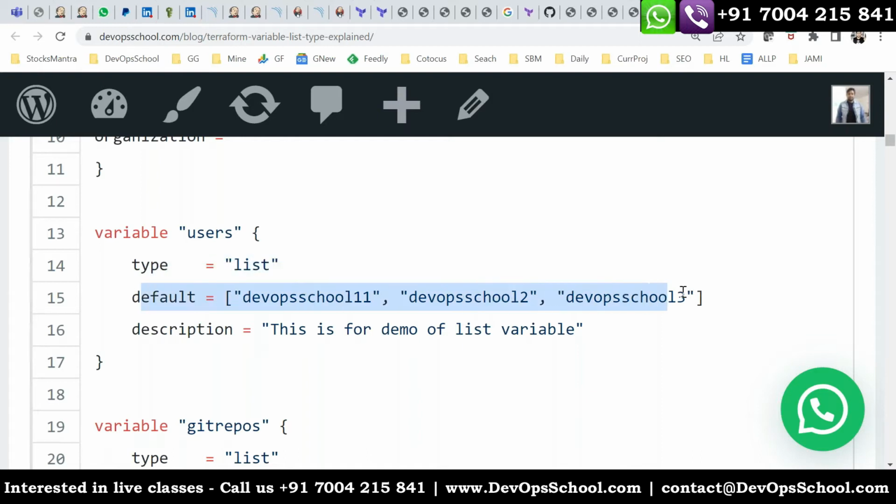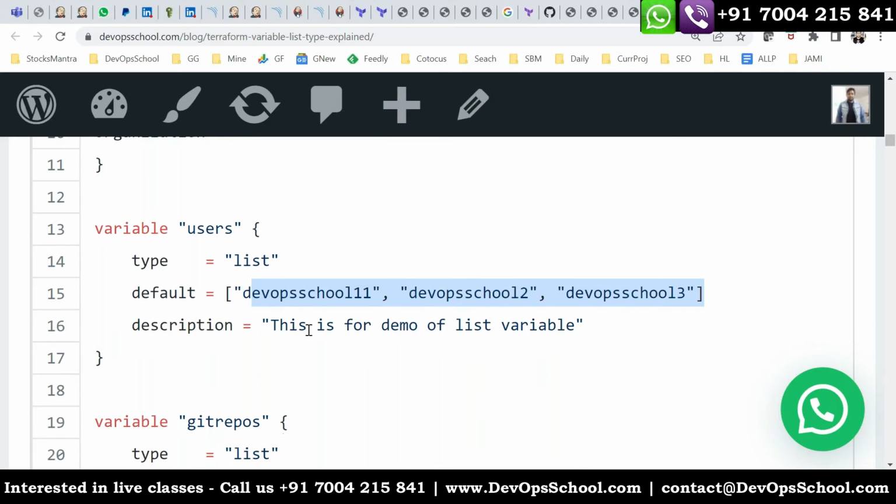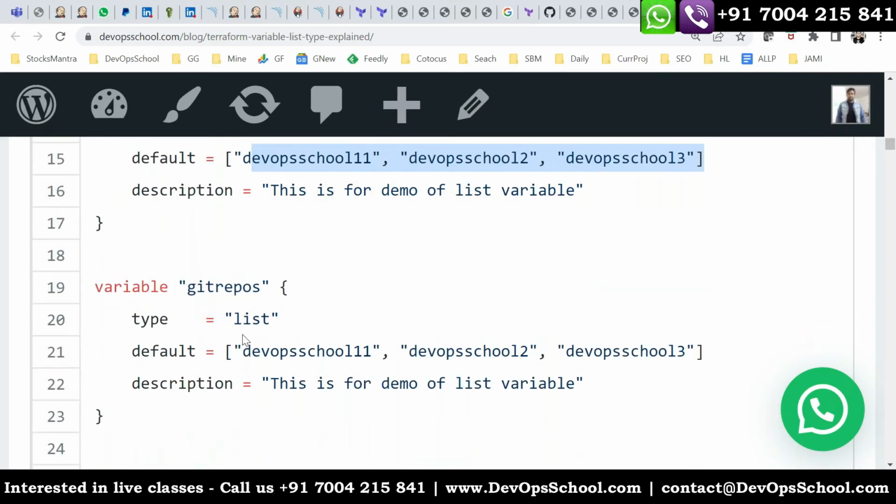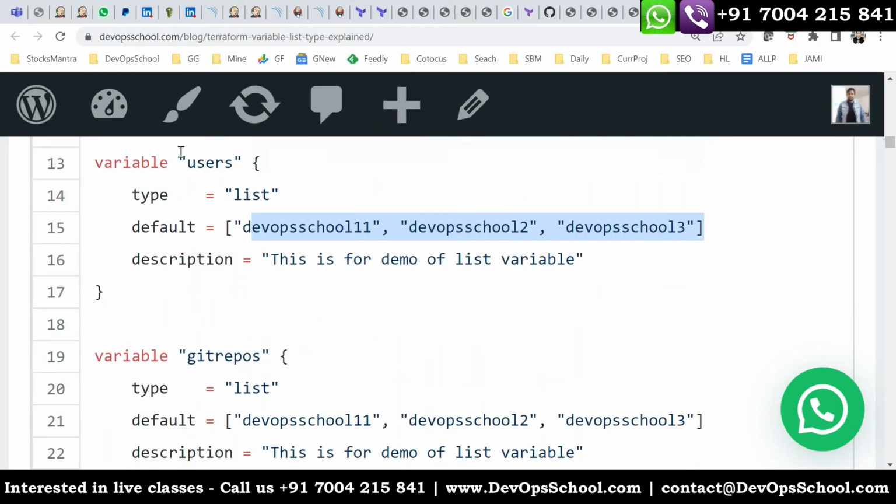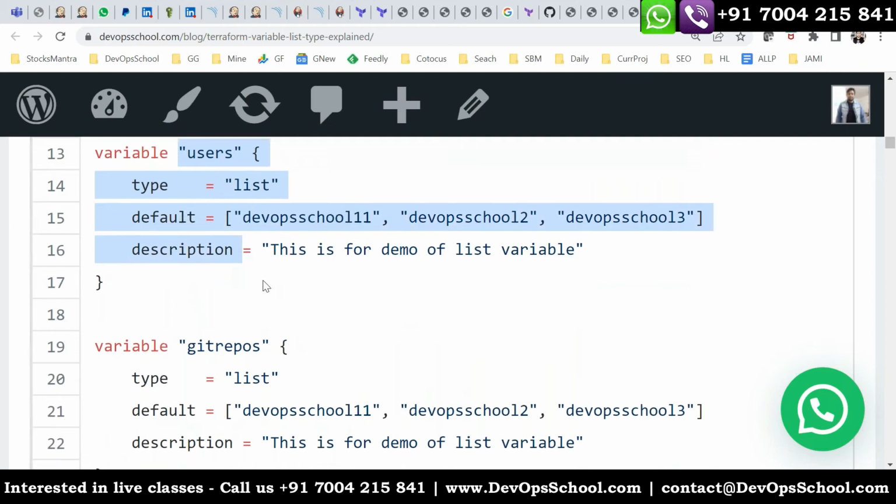This is the list format. This is index 0, index 1, index 2. I hope you understand how a list works. This is the 0 element, index 0, 1, 2, and -1 is the last. I'll show you the use case in the resources.